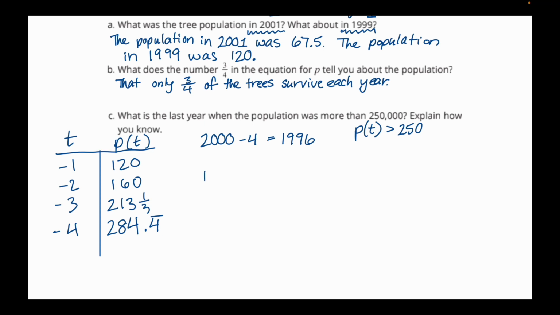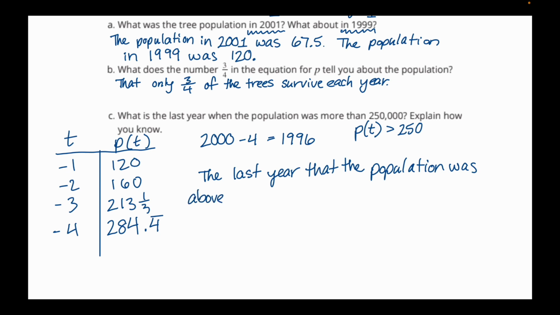So we can say the last year that the population was above 250,000 was 1996, because